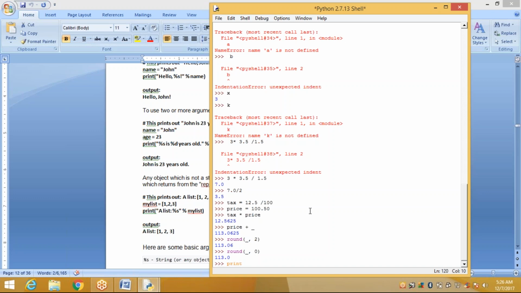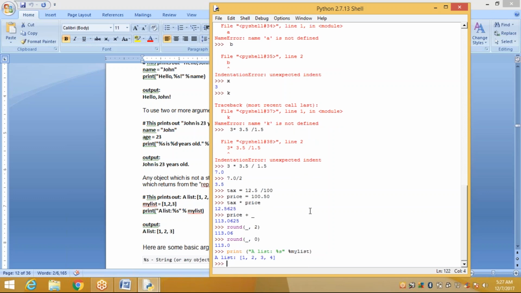These values are already stored in our memory area, so I can call my list directly. Print within quotations, a list, percent s, percent my list.